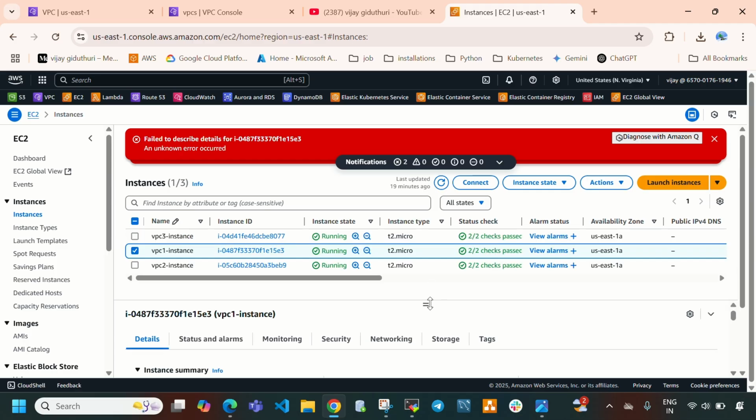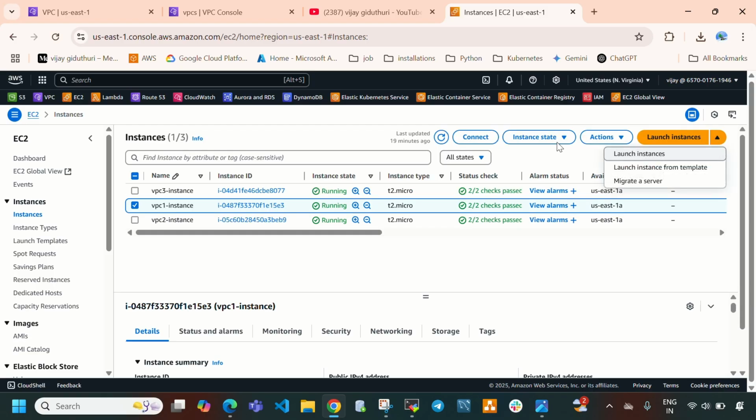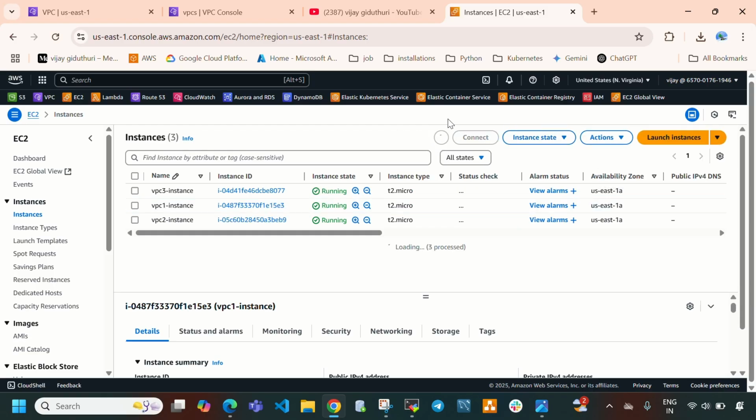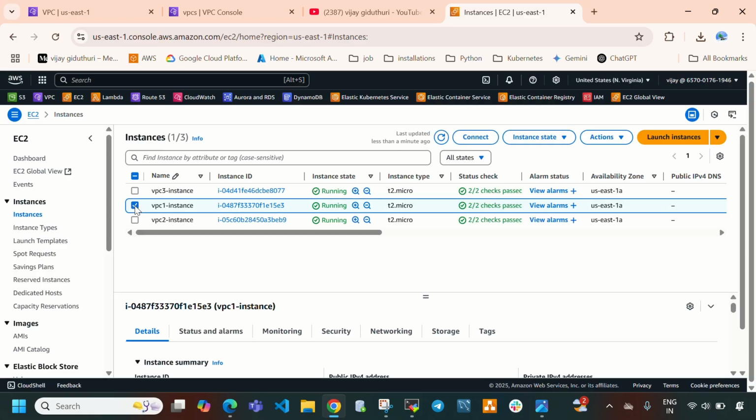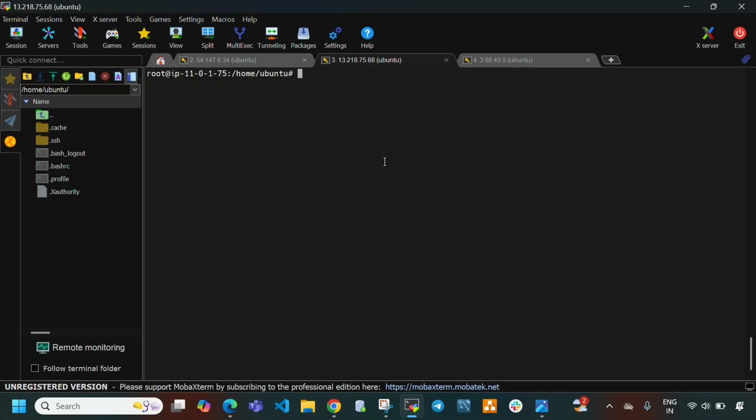Why is it throwing this type of error? Let me refresh this. Let me copy the instance 1 private IP address, and this is instance 2.